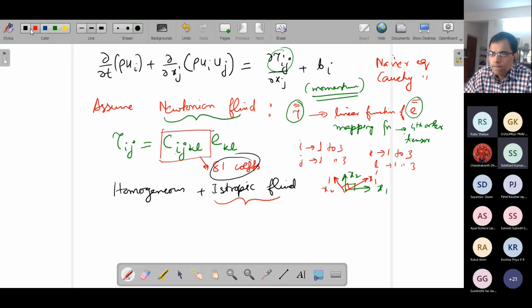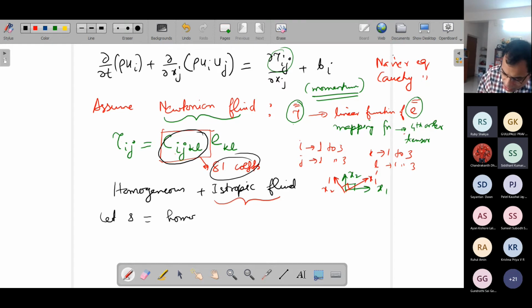So we want to play with this Cijkl in a way that we want to convert it to a scalar, and a homogeneous and isotropic scalar. So let S be a homogeneous and isotropic scalar